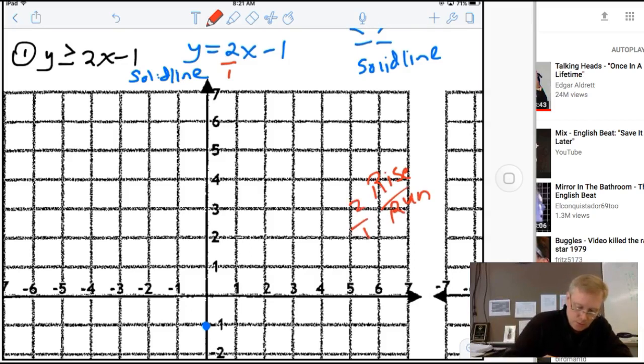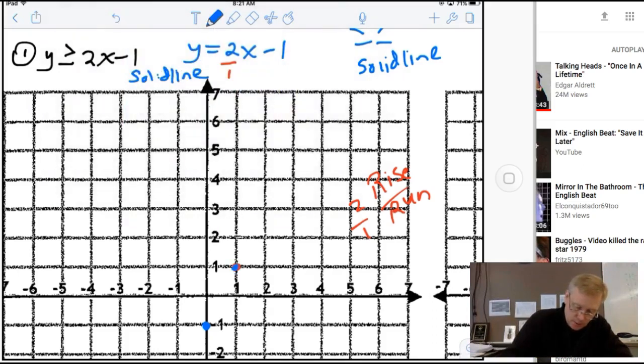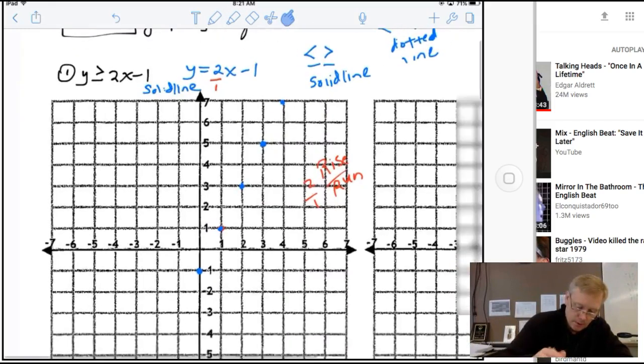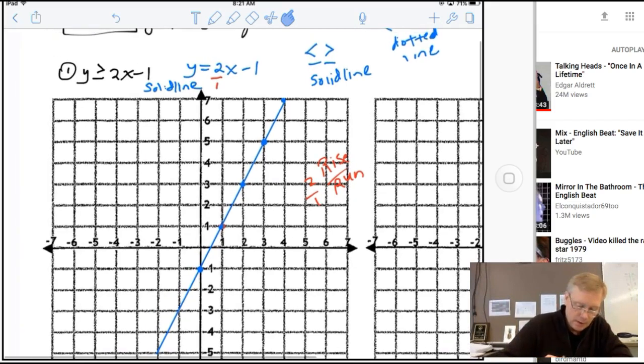So I'm going to go up 2. This has positive slope, so it's up and to the right. If it was negative slope, I'd go up and to the left, or you can always go down also, but I usually go up just for whatever reason. All right, and let me get back to blue. So up to the right, up 2, and this is looking like my boundary line then. Zoom out a little bit, and put the line in there, and there it is. Okay, now,